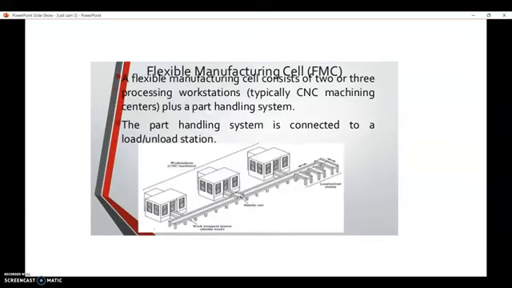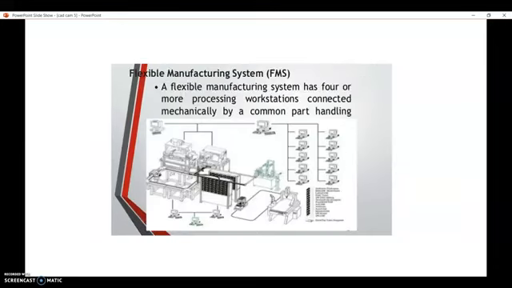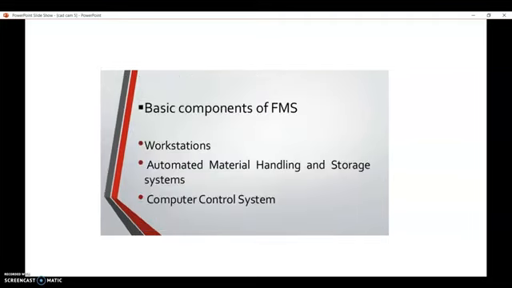A flexible manufacturing cell consists of 2 or 3 processing workstations plus a part handling system. The part handling system is connected to a load station. A flexible manufacturing system has 4 or more processing workstations connected mechanically by a common part handling system.